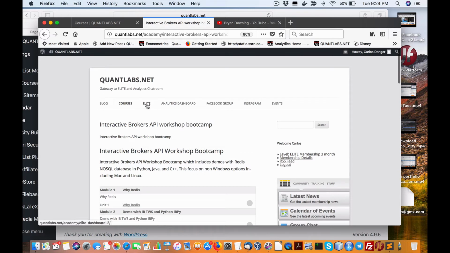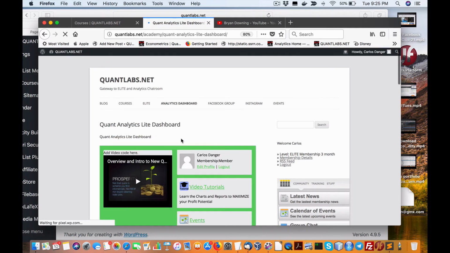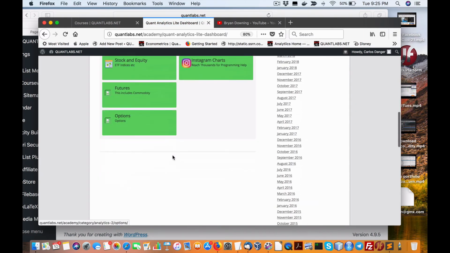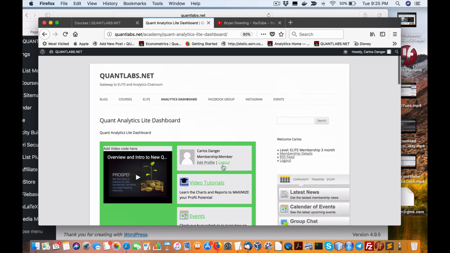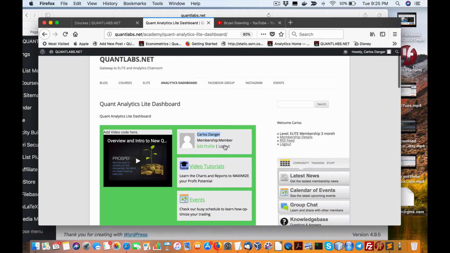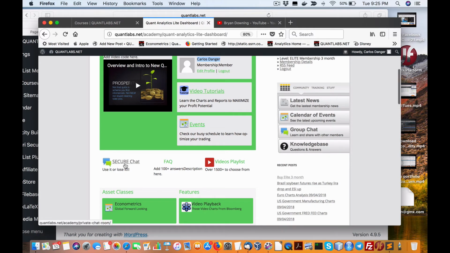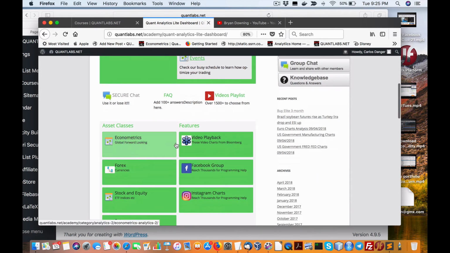Okay, so I'm going to go into the analytics first because it's less complicated. Well, you'll see what I mean. So when you get a membership for a couple of months or even for a year, this is like full-blown, lot of work put in over the years. As you can see here, I've got my data, or my name, Carlos Danger. Listen up, ladies. We've got video tutorials, the events. We have a secure chat that I'm building out, standard FAQ, video playlist, and then we break up all the